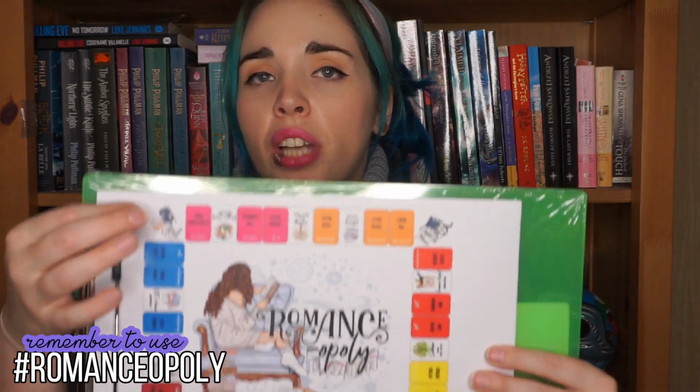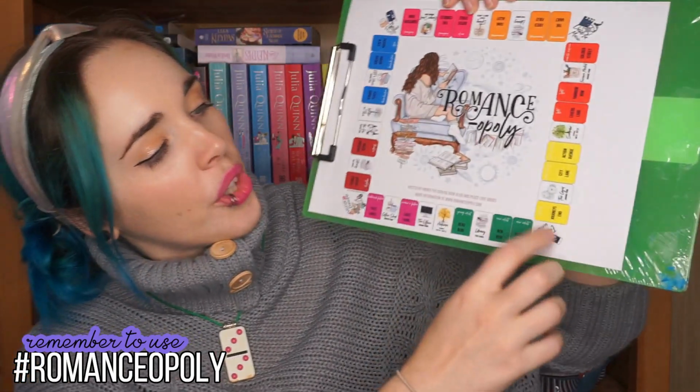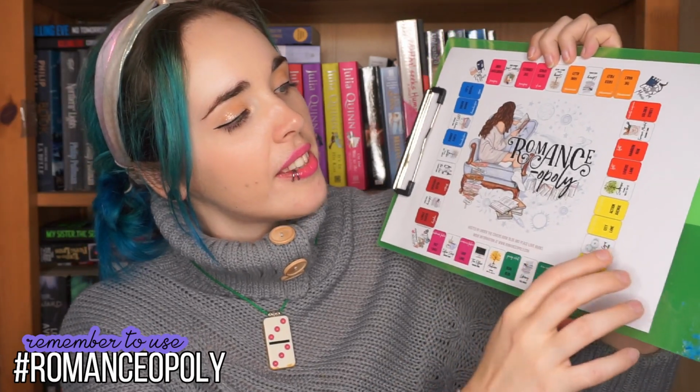And then all the stuff which is in a normal Romanceopoly board, like the corners, and the community chest, the rail stations and the utilities, these are all different. So they're all kind of places that you would go to around town, like the office, emergency services, the gym, farmer's market, BFF's house, the bar, and a fast food restaurant. So we've mixed these up from last year, so there will be challenges